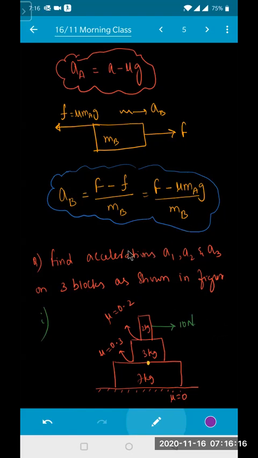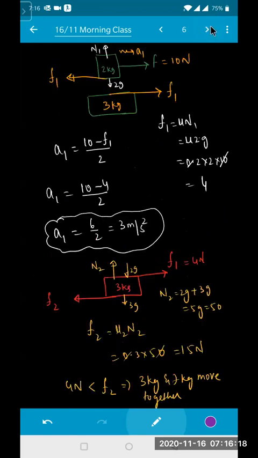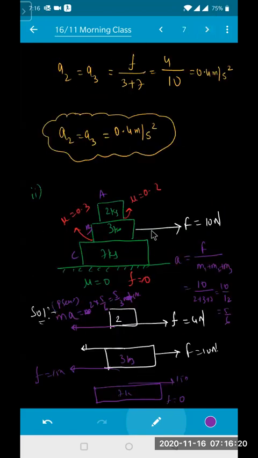Okay? And be a little bit careful about the second problem which I told you, the second concept. When you are applying the forces on 3 kg, the same way you can take on 7 kg and try to apply the concept and try to do the problem related to that one.